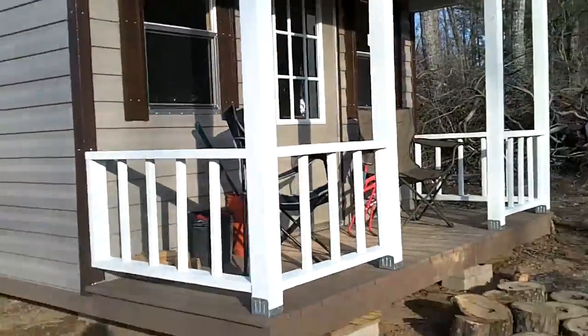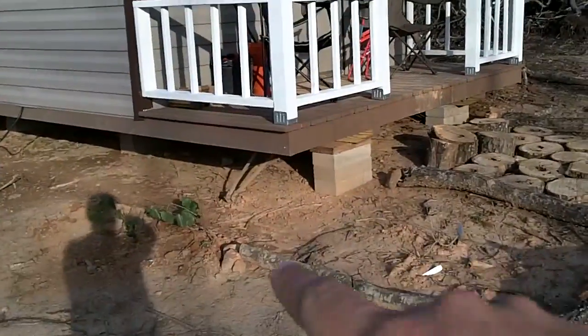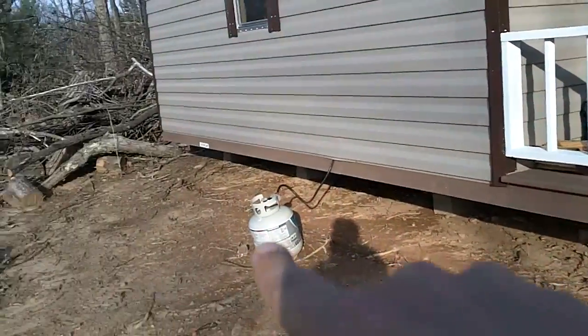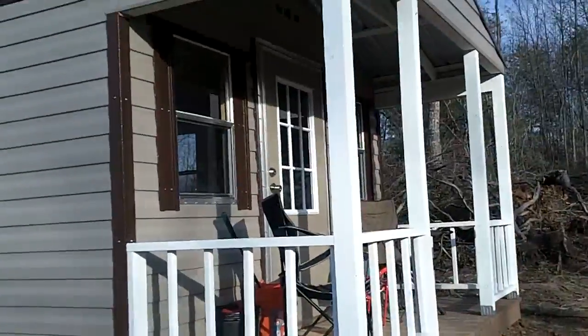I didn't build mine from scratch. These are basically really nice storage sheds that you can get. A lot of places are offering them. Almost every town right now on the East Coast has got these things. New York, Tennessee, North Carolina, South Carolina. So that's it. Tiny house tour, tiny house cribs tour. The outside's kind of blocked up right here. I'm gonna put some skirting along the bottom to keep the floor a little bit warmer and stuff. But yeah,